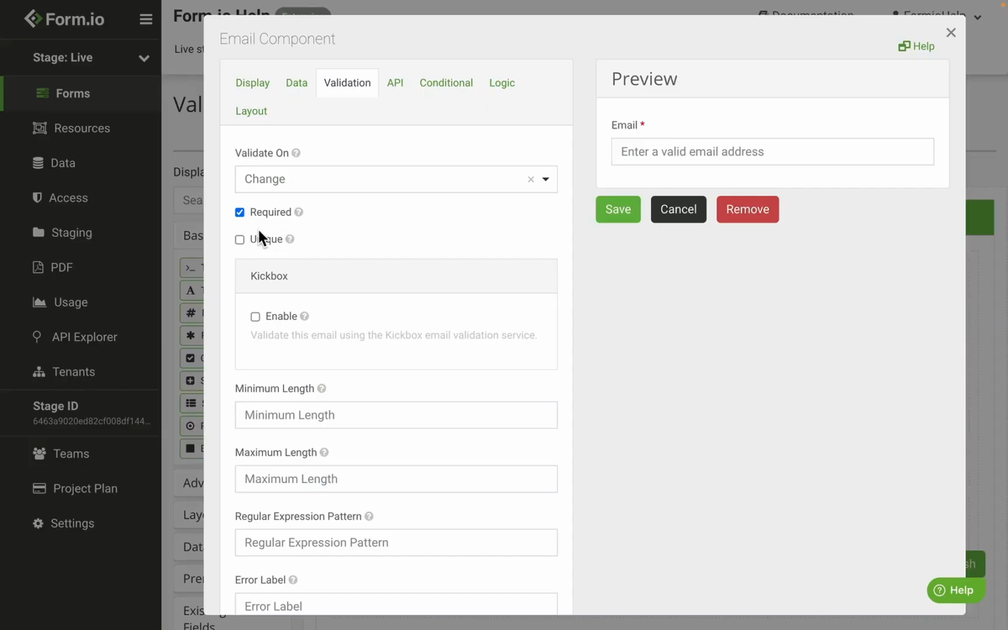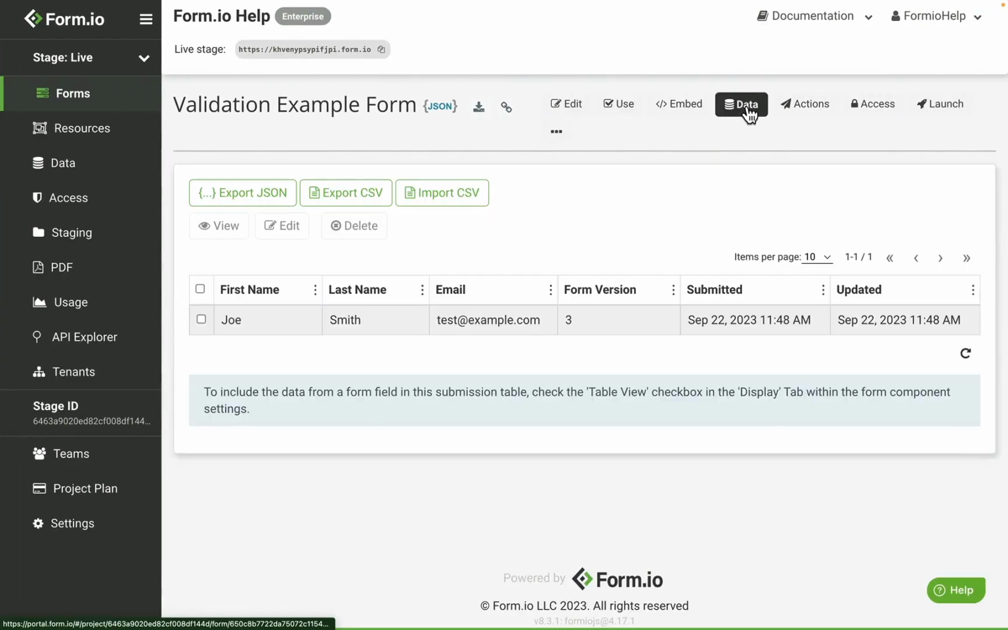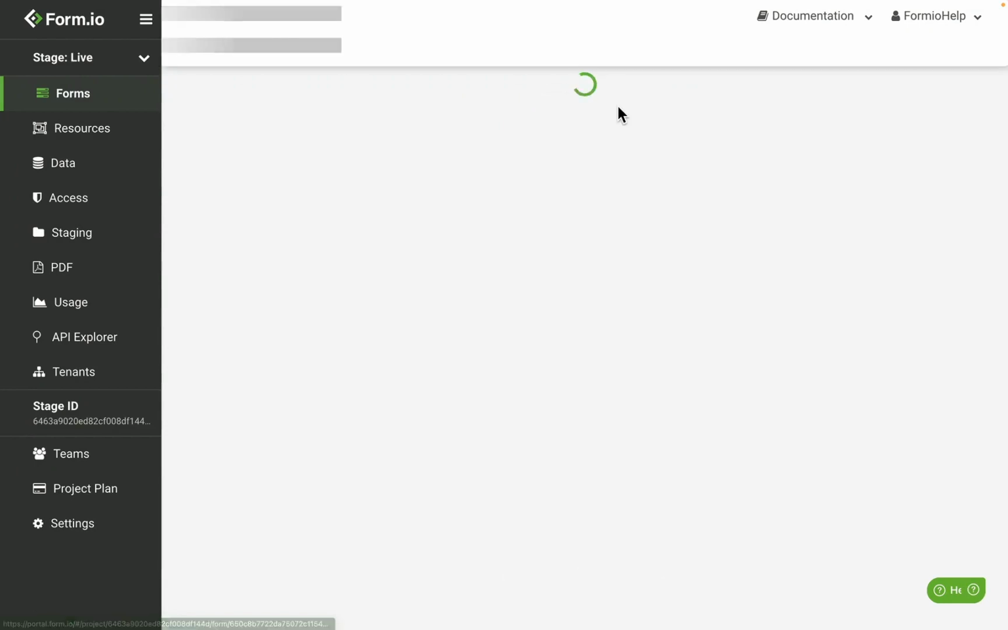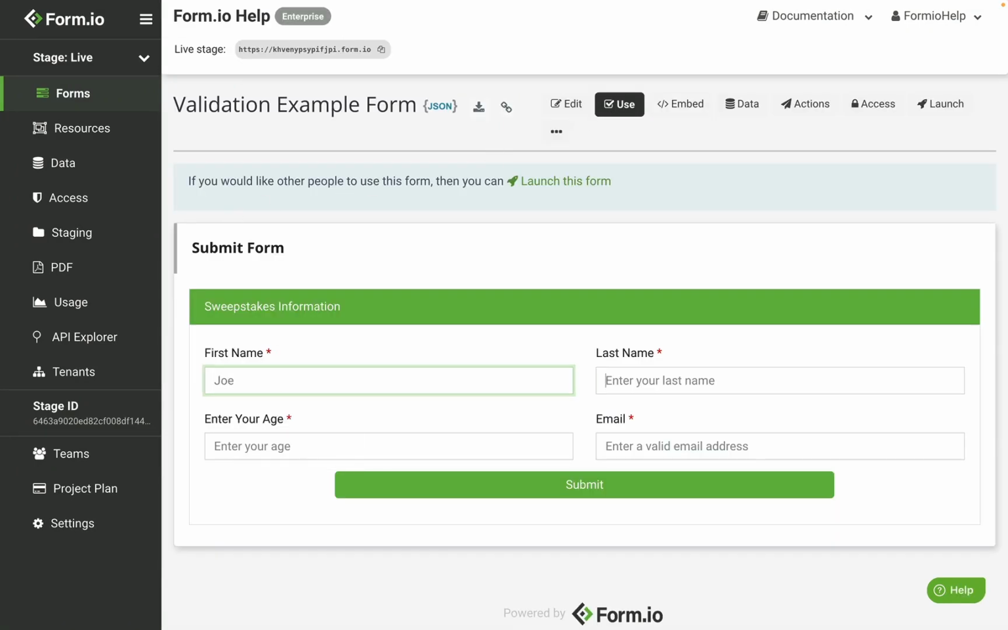The unique setting is a server-side validation and ensures the data being submitted into the field does not have a corresponding match within the database. If I go back to my form here and click the Data tab, I already have a submission with the email tests@example.com. So I'm going to use the form again, fill it out,